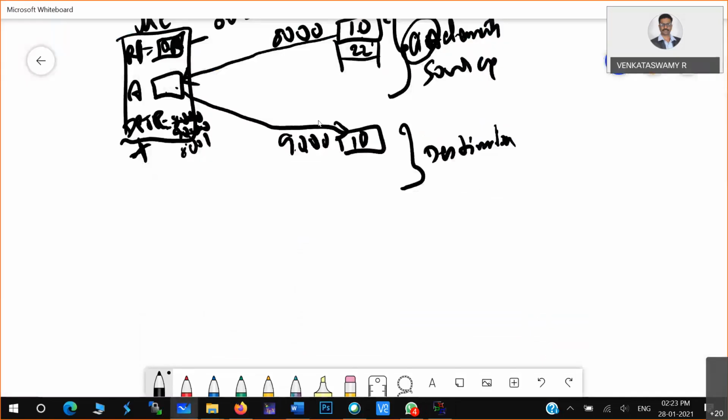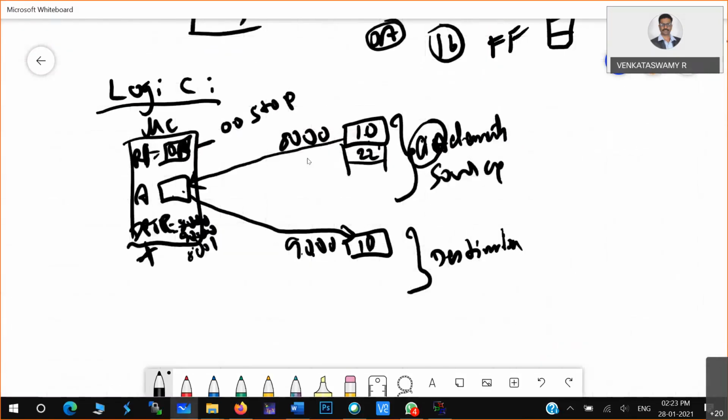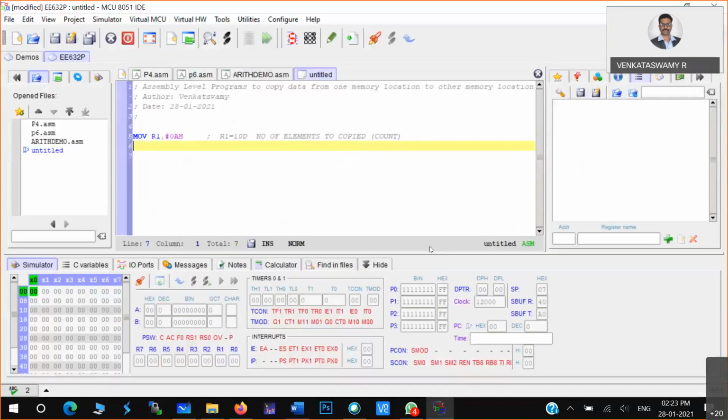Now, what we have to do in this particular experiment next, if you see our logic, is initialize the address DPTR to 8000. Let us make the first copy. Don't write now. When I say write a program, then you write. So MOV DPTR, #8000H.